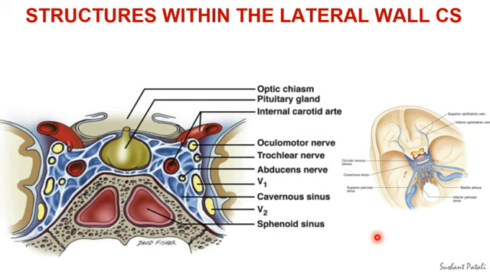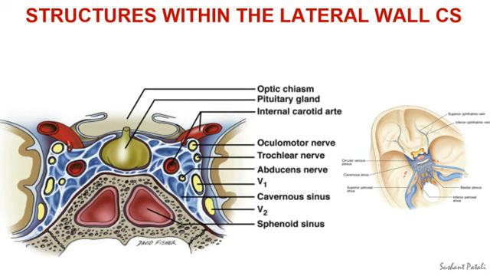The first two branches, the lacrimal and the frontal branches, pass outside the tendinous ring, and the nasociliary branch passes within the tendinous ring. This third division, the nasociliary nerve, passes between the two divisions of the oculomotor nerve. The last structure in the lateral wall is the maxillary nerve. The entry of the maxillary nerve into the cavernous sinus is just like that of the ophthalmic nerve, that is by piercing the lateral wall of the sinus, and it leaves the sinus through the foramen rotundum.